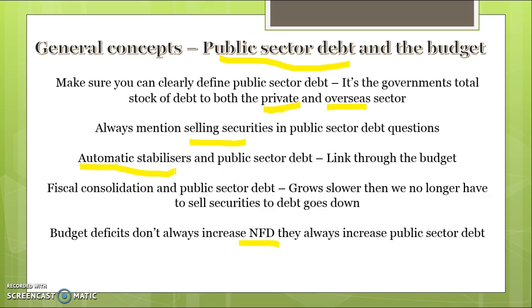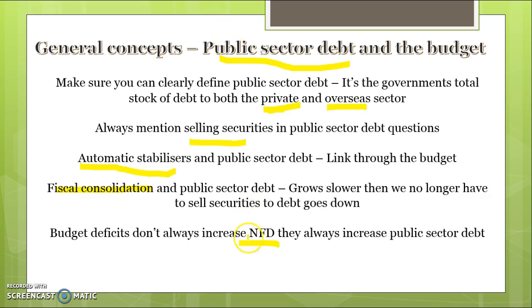In terms of fiscal consolidation and public sector debt, again, make sure your language is really clear. Define public sector debt and talk about how fiscal consolidation before 2021 is likely to lead to a smaller increase in public sector debt, as we don't need to issue as many securities, because even though we're in a deficit and our debt's still growing, it's not as big, so we're not issuing as many securities. Then as we reach surpluses, we can start paying off the debt because revenue is exceeding expenditure. That language and linking it to public sector debt, being able to interpret graphs, is really key when you're doing these questions.